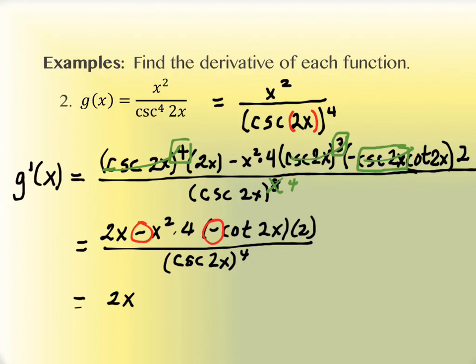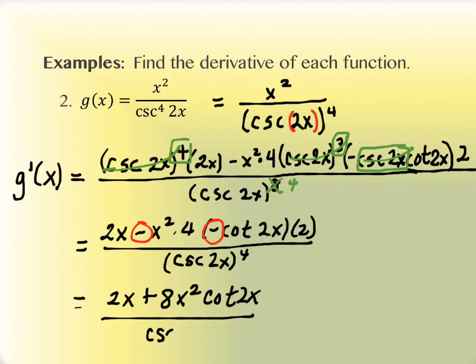Did I see both the negatives? So it's actually a positive because those are being multiplied. I have 2 times 4, which gives me 8, and I have an x squared, and then I have the cotangent of 2x